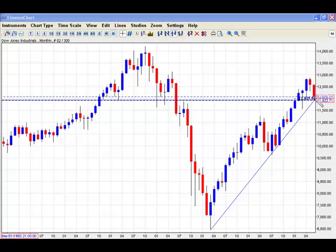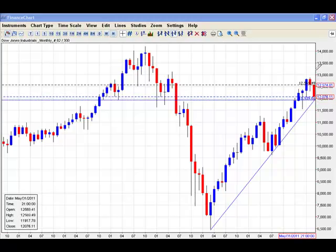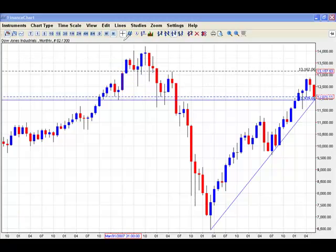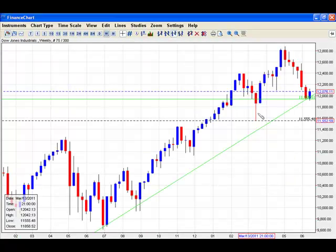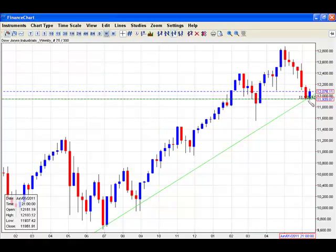So if it chooses to rebound for the next few months, then 13,000, here we come. That will pretty much be the next target point, about the 13,000 mark. In terms of correction, I believe that it's already been done. So let's go through the shorter term time frame. You can see through here the rebound, and based on this week alone, depending on how this candle will finish, if the bulls take over, we'll see some form of piercing pattern or bullish engulfing,